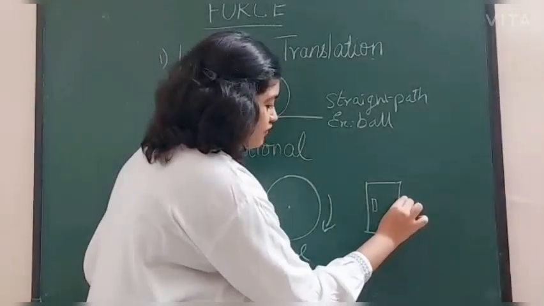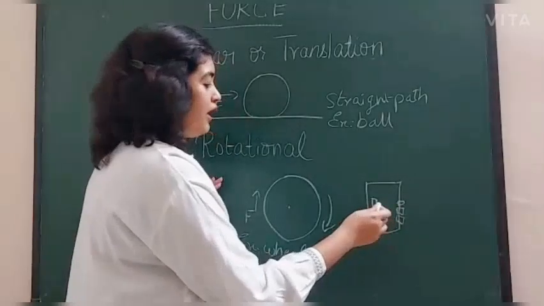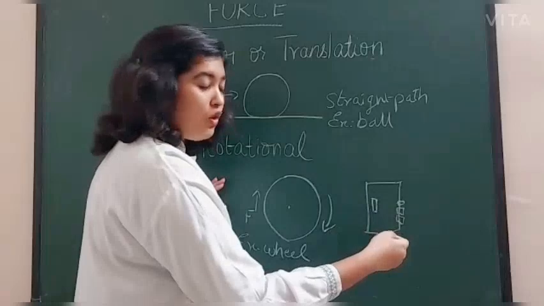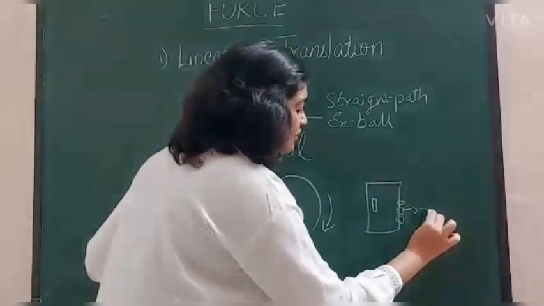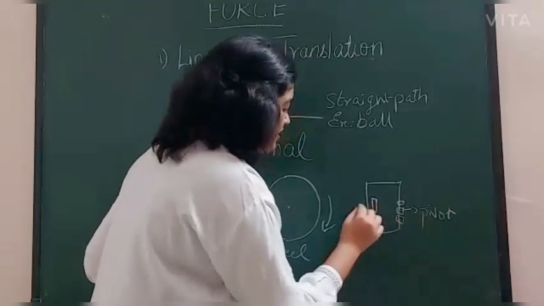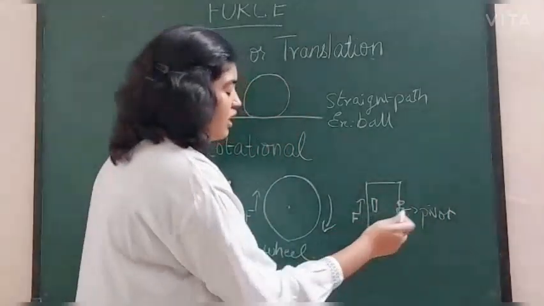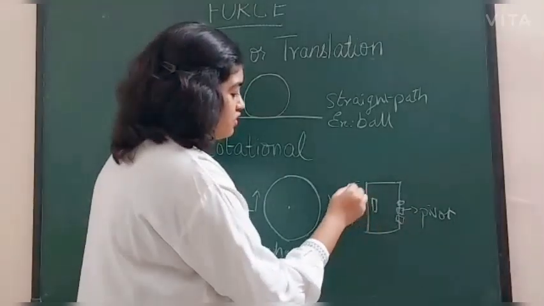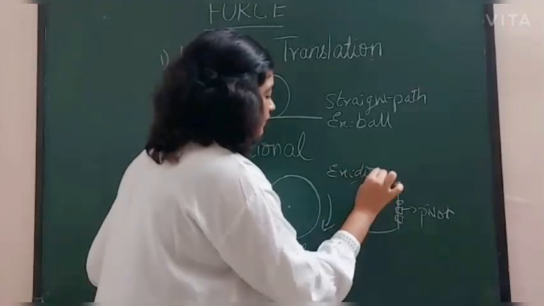So these are the hinges of the door, and if you take the handle of this door and pull it towards your side, you can see that the hinges over here act as a pivot, and when the force is applied over here, it moves about the axis, meaning about the hinges. So this is also a real life example, a door handle.